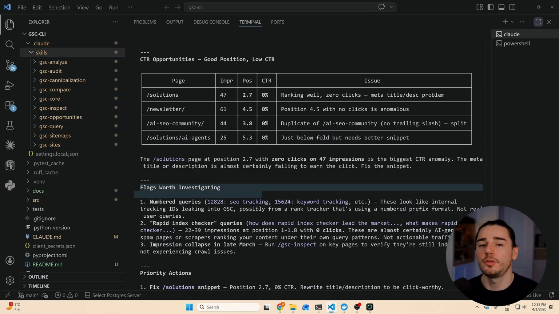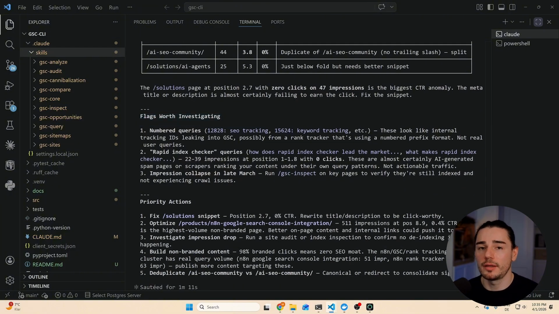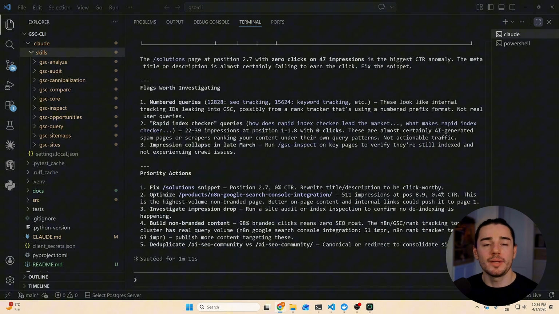So Claude also already gives you recommendations on what the next step should be. And in case you want to analyze the data more in depth, then you can simply ask a follow-up question, which is definitely a really nice way of analyzing the performance of your website. But let's say I don't want to execute a specific skill and instead ask a simple question, which could be,